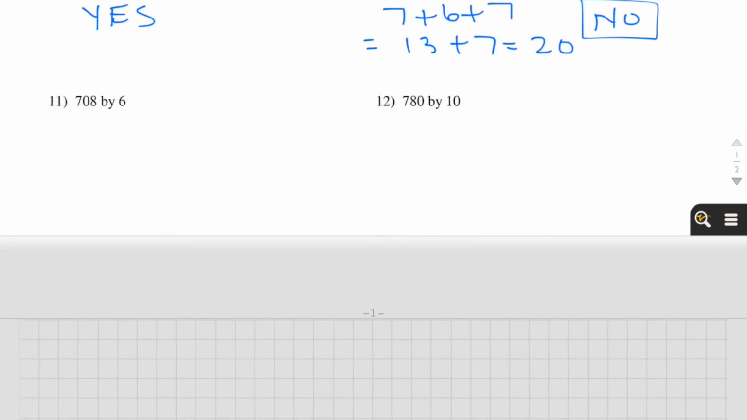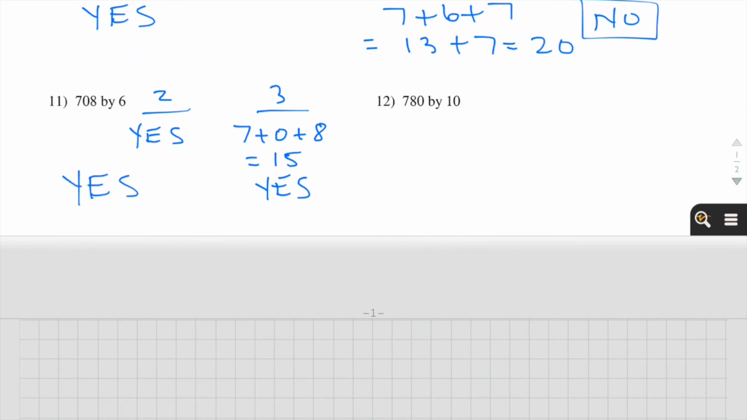Number 11. 708 by 6. Again, we'll check both 2 and 3. Does 2 go into 708? Yes, because 708 is an even number. Does 3 go into 708? We add 7 plus 0 plus 8, which gives us 15. 3 does go into 15, so 3 does go into 708. Because 2 and 3 both go into 708, 6 does also, so the answer is yes